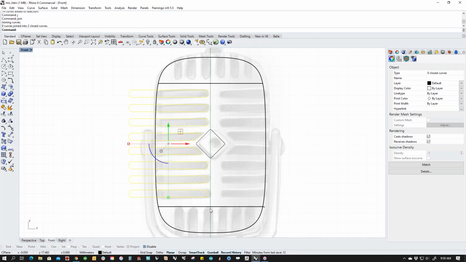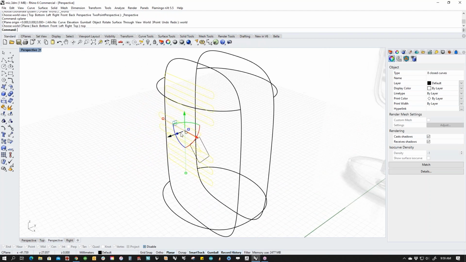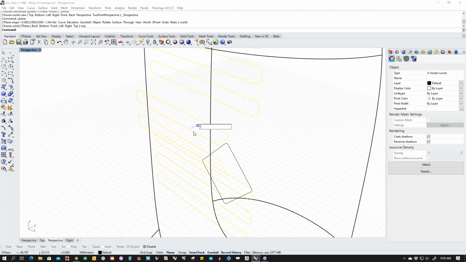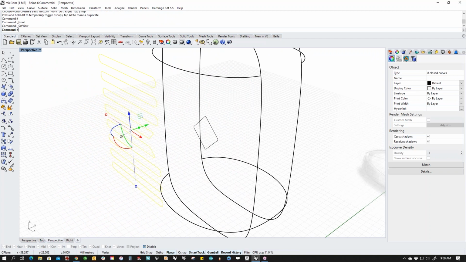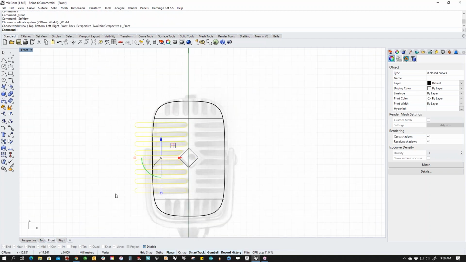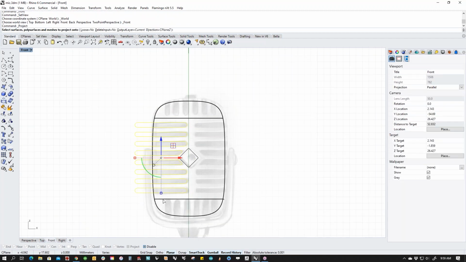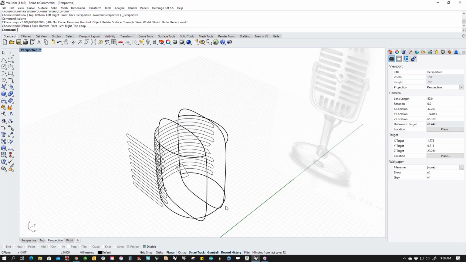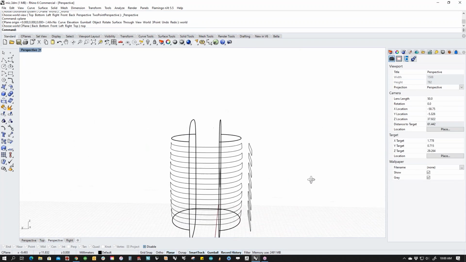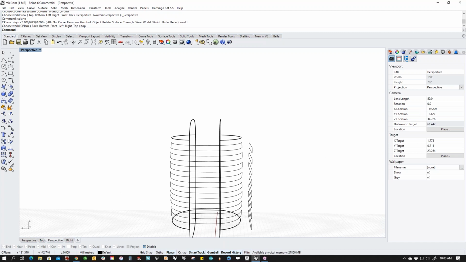So let's join all these up. I'm going to put them all on the same plane right now. They're on different planes, so I'm going to scale it to 0 and then drag these forward just so I can see where they are. And then let's go ahead and project them onto this object. And because we have to have a